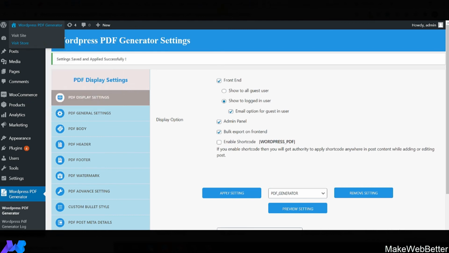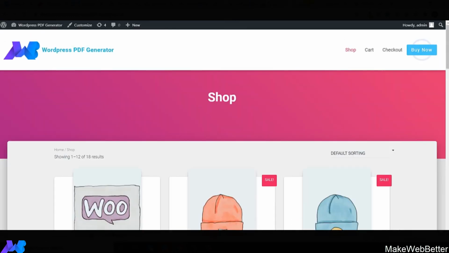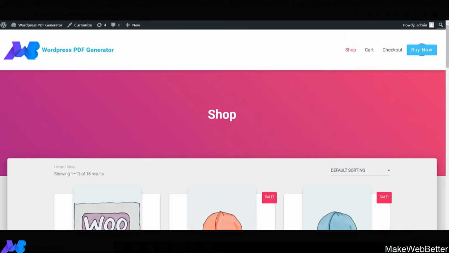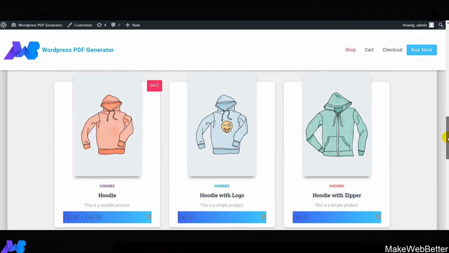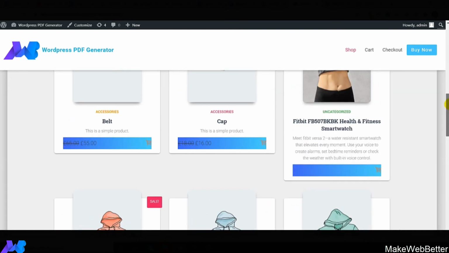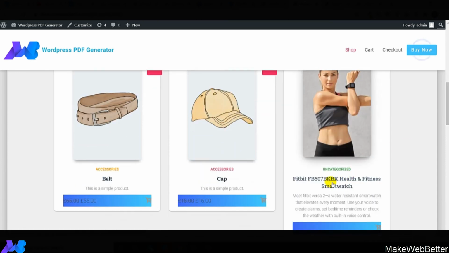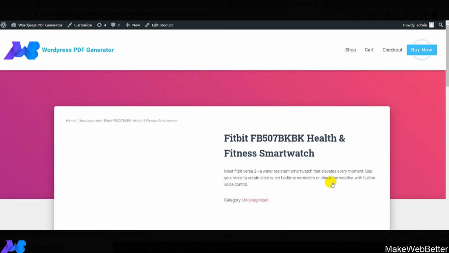And now we are moving to the store. Now we are on the shop page, as you can see. So guys, over here you can see that there is a list of so many products. As you scroll down the page, there are so many products. And now what I will do is, first of all, I will click on the top product. I will open the descriptions and show you that how this bulk export feature is going to work. So let's click on this particular product and open its description.